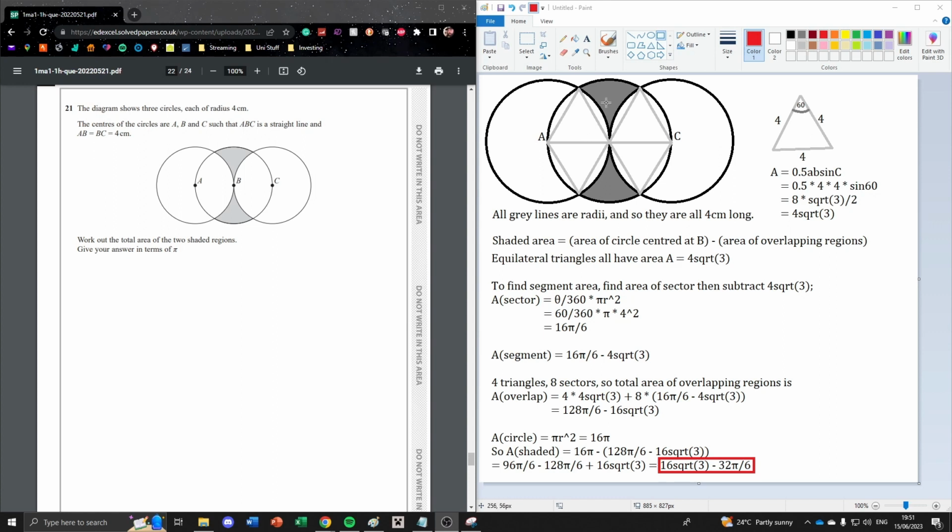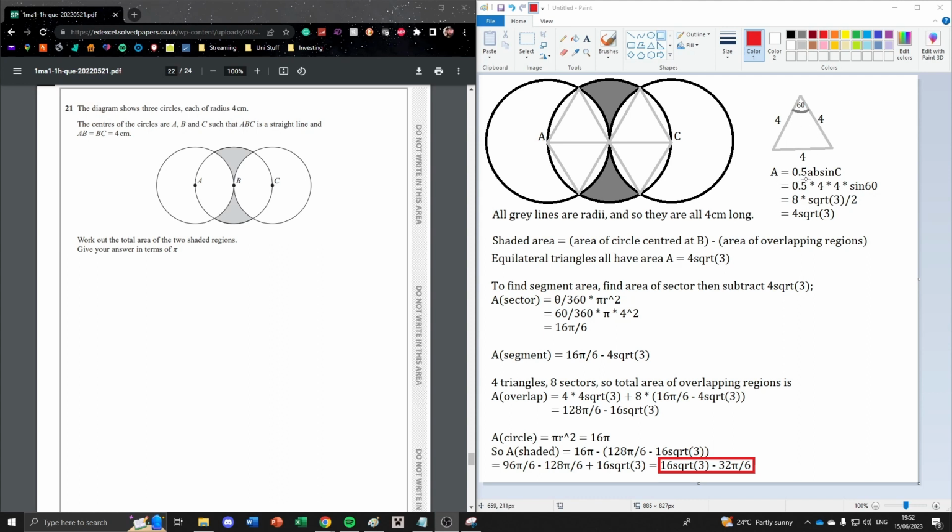And effectively, to find the shaded area, we want to take the area of this whole circle, centered at B, and subtract these white areas that overlap. So we need to work out the area of these equilateral triangles and also the area of these small segments around the edges. So to work out the area of the equilateral triangle, we simply use the formula: the area